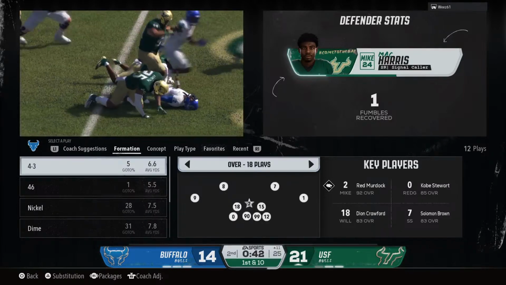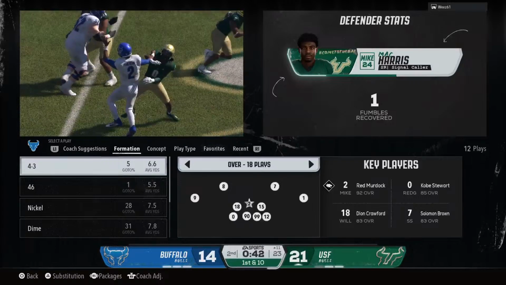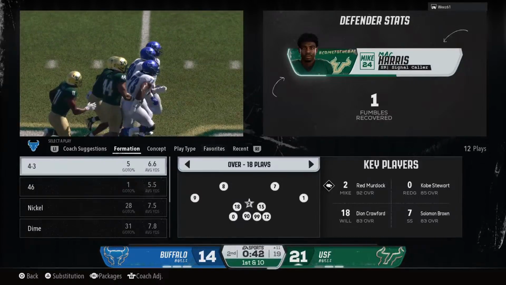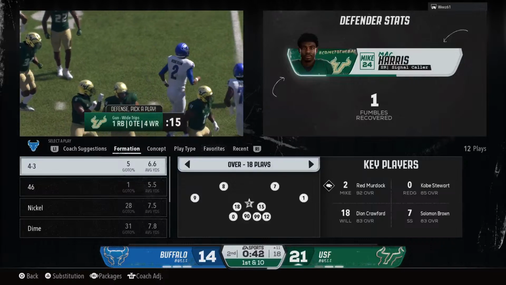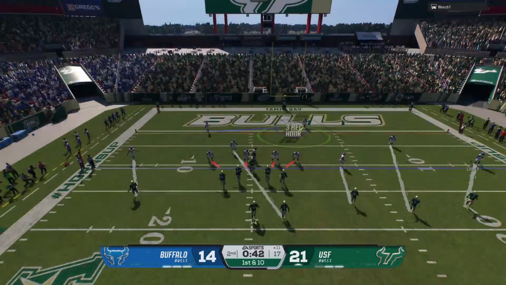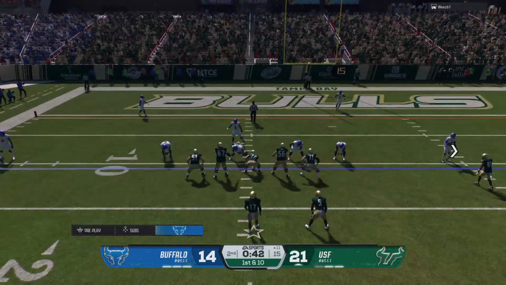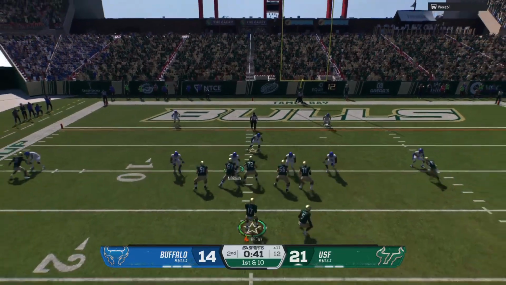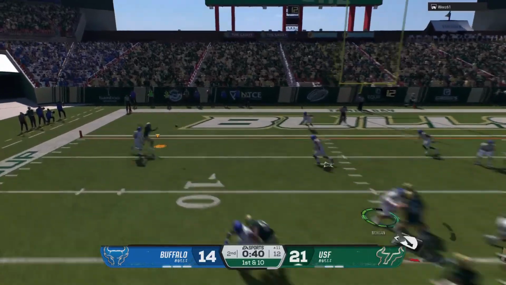What a play there. I love those smashes where you can hear it up here, Reese. Goodness gracious, you can hear the contact. Such a big lick. The offensive guy doesn't hold on to the football. Huge momentum swing, big turnover forced by the defense. We'll see them really hit the speed button on the tempo here in the final minute of the first half.